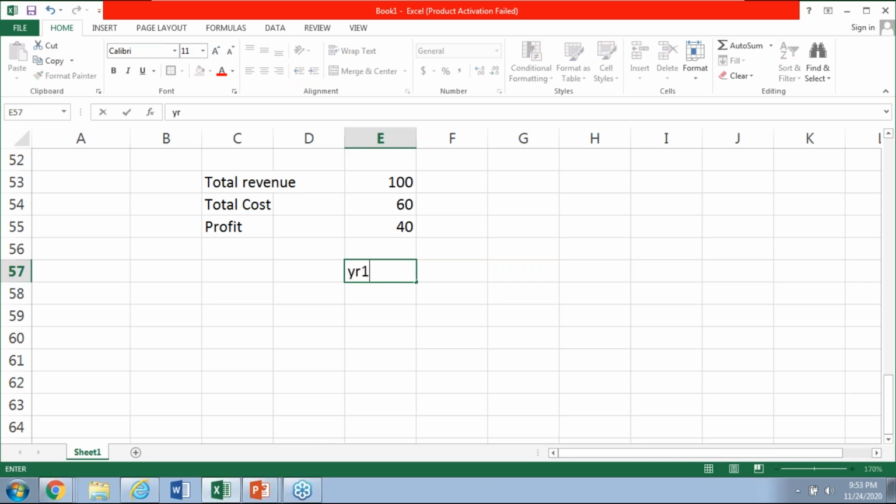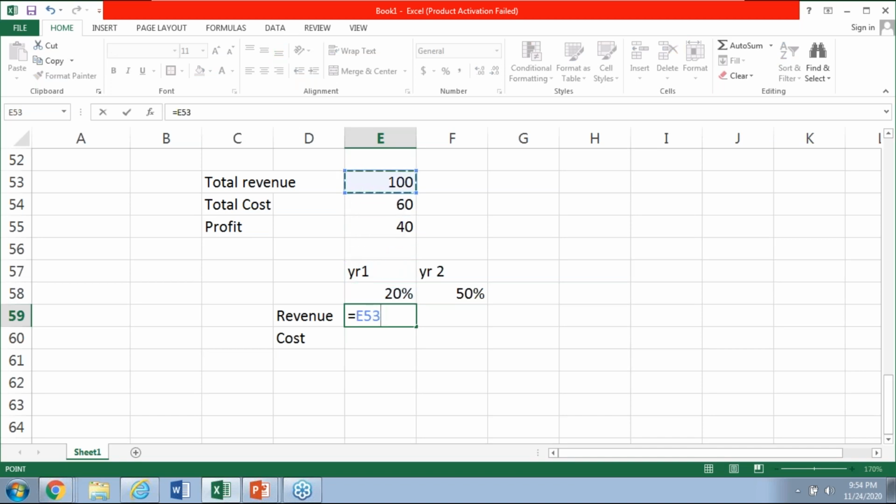Suppose in year 1, your contract is 20% complete, and in year 2, your contract is 50% complete. So you have to calculate the percentage and recognize the revenue and the cost based on the percentage of the work we have done. So if the total revenue is 100 million, total cost is 60 million, total profit is 40 million, and in year 1 we have done 20% of the work, then we can recognize